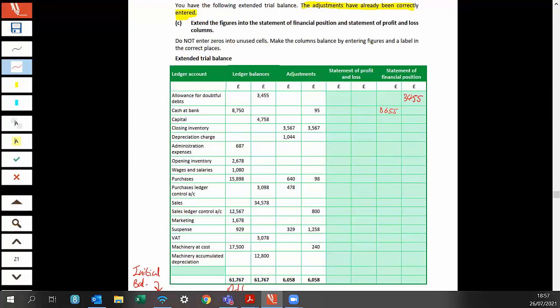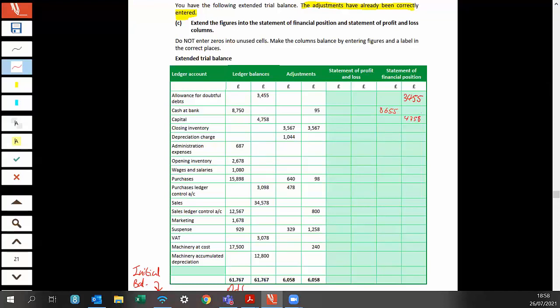Number three, capital. Now, the good thing with this one is that it's pretty self-explanatory if you use the anagram DEAD CLIC in a specific way, isn't it? 4,758. Capital, if you look at DEAD CLIC, we know it belongs on the credit side. Capital belongs on the statement of financial position, and we will see this a lot more as we start to go through level 3. When you look at final accounts, for example, capital becomes a much more important thing. So that's going to be quite easily moved over,